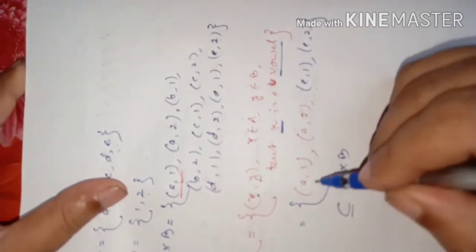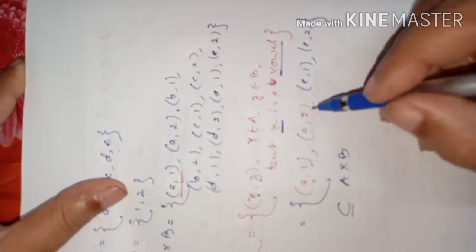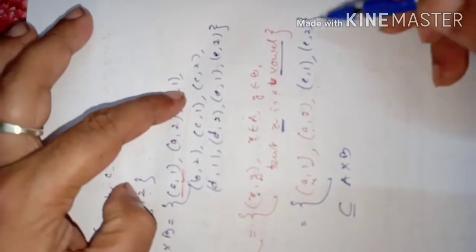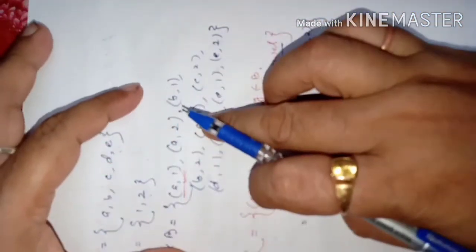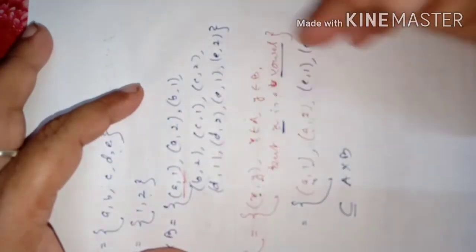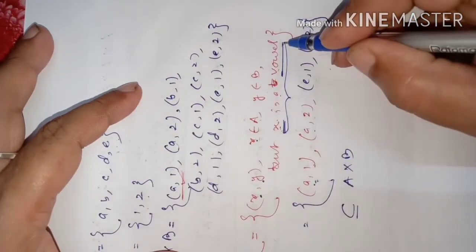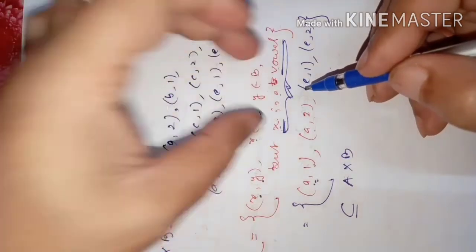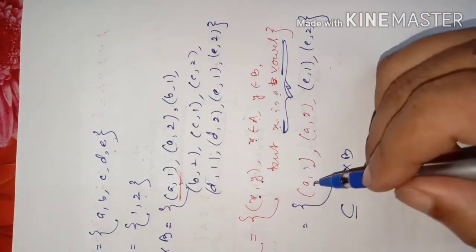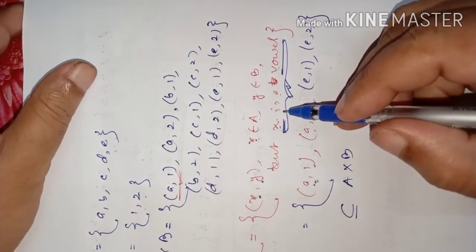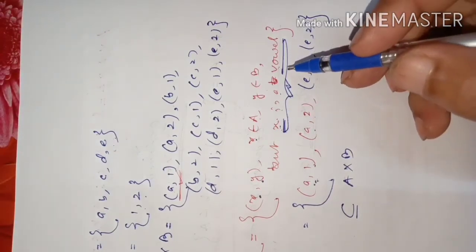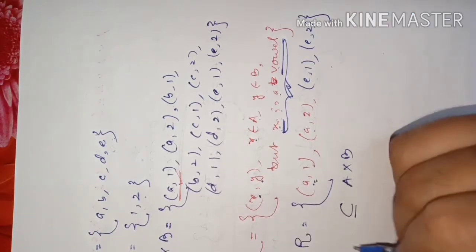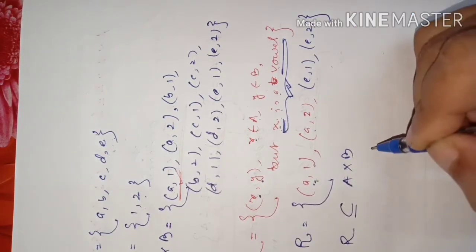Because these elements have a relation, what relation? The first one is a vowel here, but in the rest of these ordered pairs, the first one is not a vowel. So we are keeping a relation in our mind. Relation is something like this: something by which they are connected. What is the connection of these two elements? What was the condition given? The condition is the relation. So the condition is X must be a vowel. So that is R. R is a subset of A cross B.